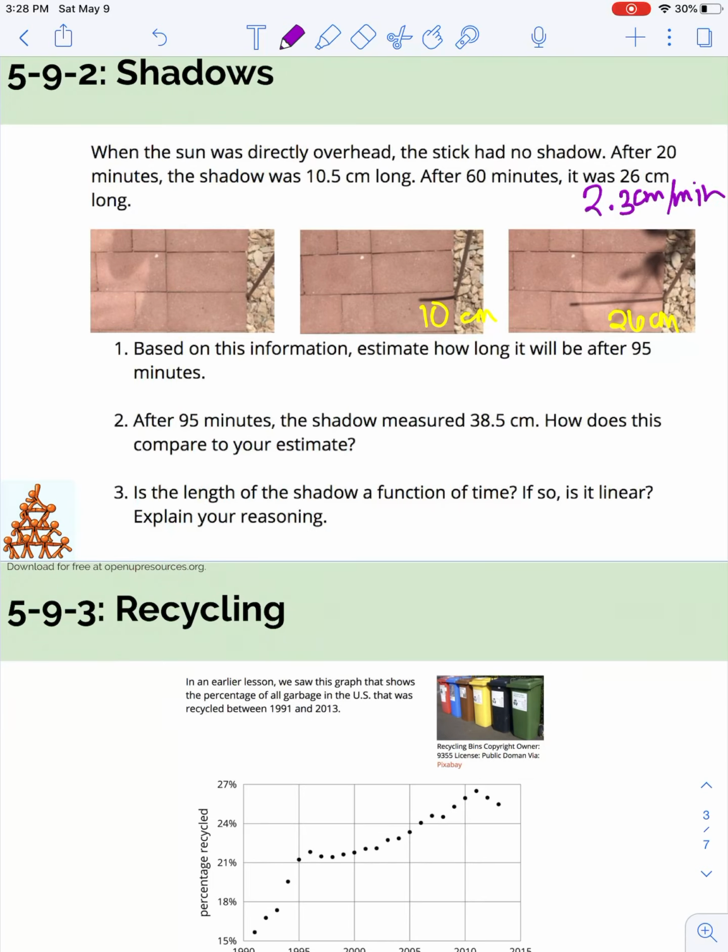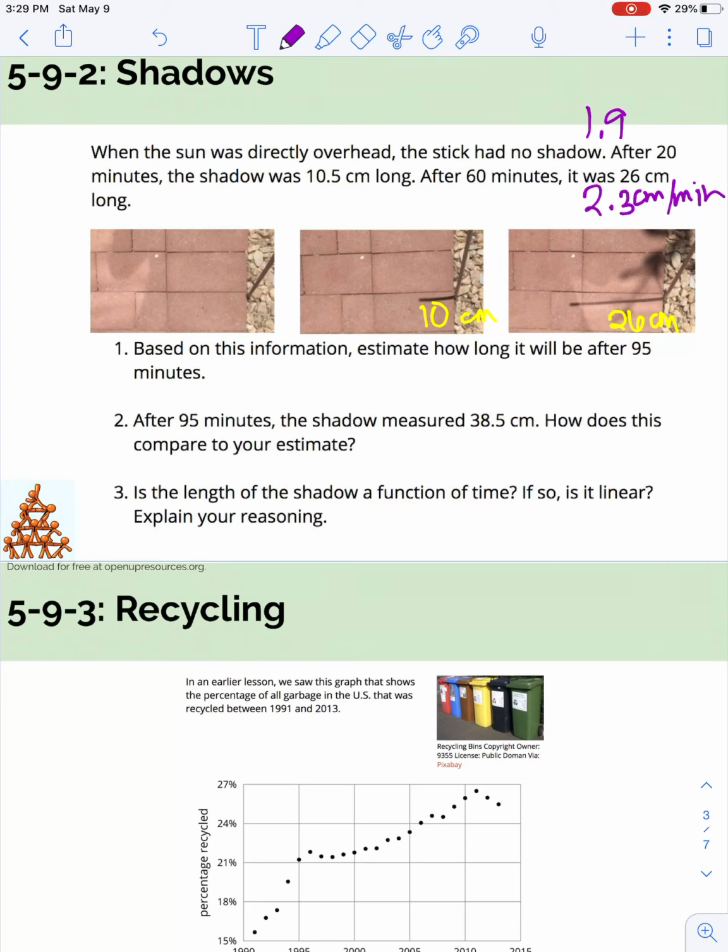And then 20 minutes, 10.5. So if I did 20 divided by 10.5, I should get a very similar number. I get 1.9. So I could pick somewhere in between 1.9 and 2.3 and just settle on 2. So if I say that, thinking about the candle problem still, the shadow is gaining length by 2-ish centimeters per minute,